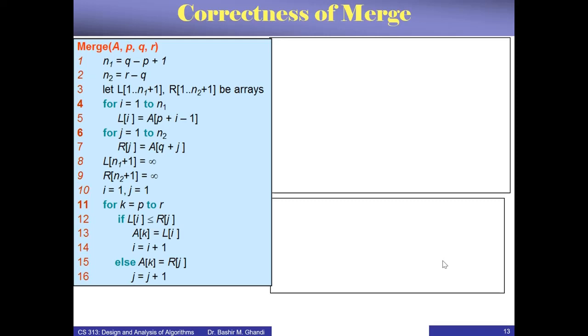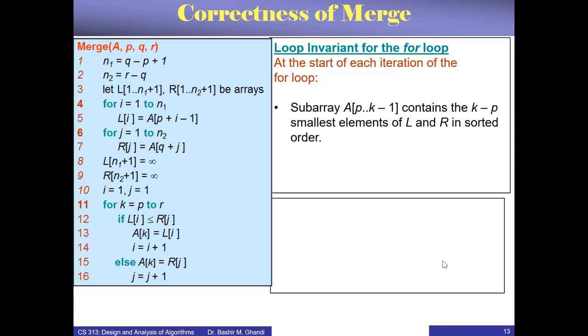What condition can we observe in this algorithm that will remain true before the first iteration, after each iteration, and so on? It remains true, and it will help us to actually see that the merge will work. So this is our loop invariant. It says at the start of each iteration of the loop, 1. The subarray A from P until K minus 1 contains the K minus P smallest elements of L and R,